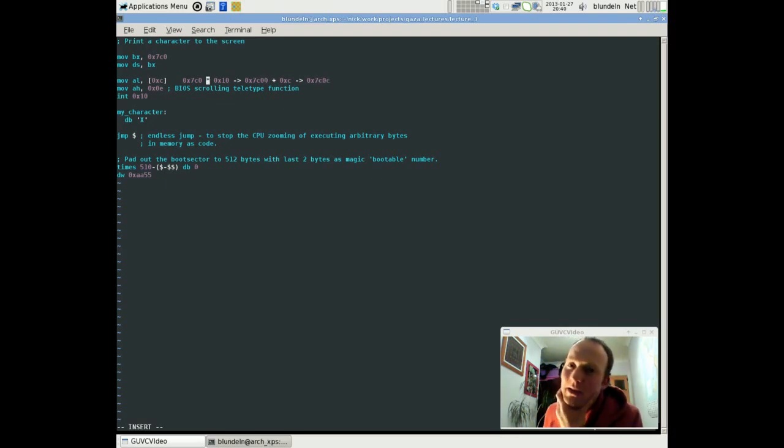So we showed there how this segmentation works. Now in my case, I didn't really need to set the segment up, because by putting 7C0C as the address that I load into here, I could easily reach far enough into memory to get my X. But if you look at this